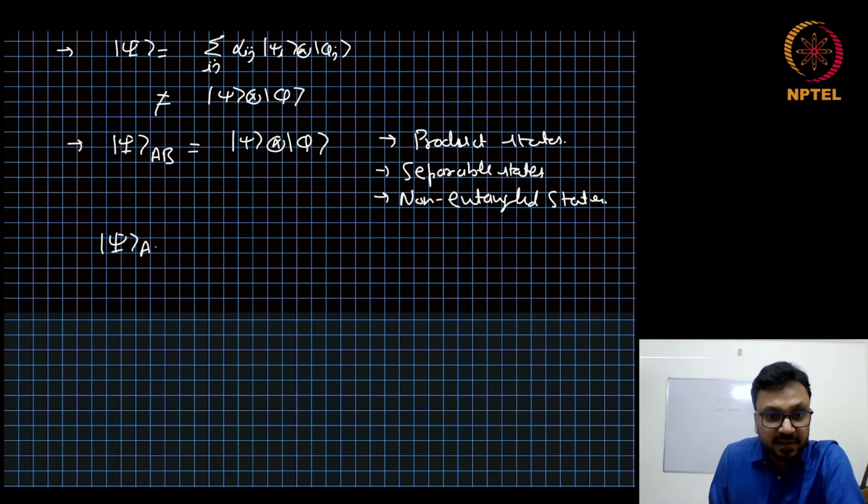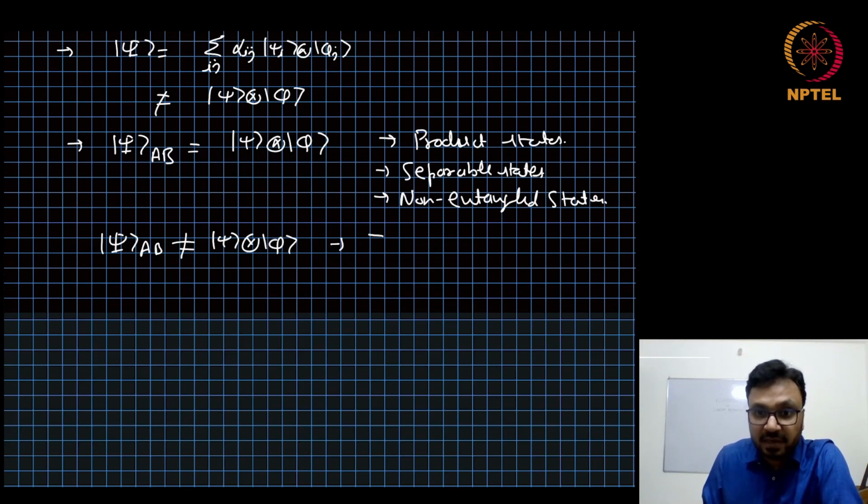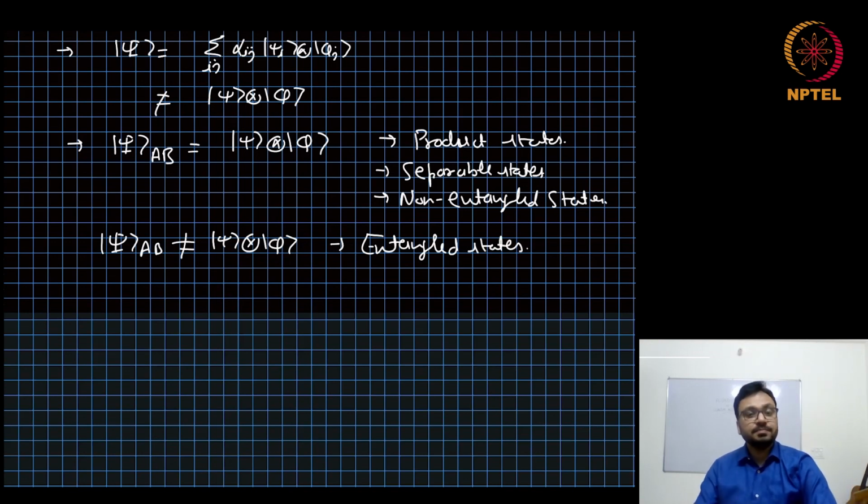States which cannot be written as psi tensor phi are called entangled states. Here, entanglement can be thought of as the correlation between subsystem A and B, which cannot be achieved by preparing the states locally in A and B. If we prepare the states of subsystem A and B locally, then it will be psi tensor phi. So entanglement is the correlation which cannot be achieved by local operations and classical communication, because when we have